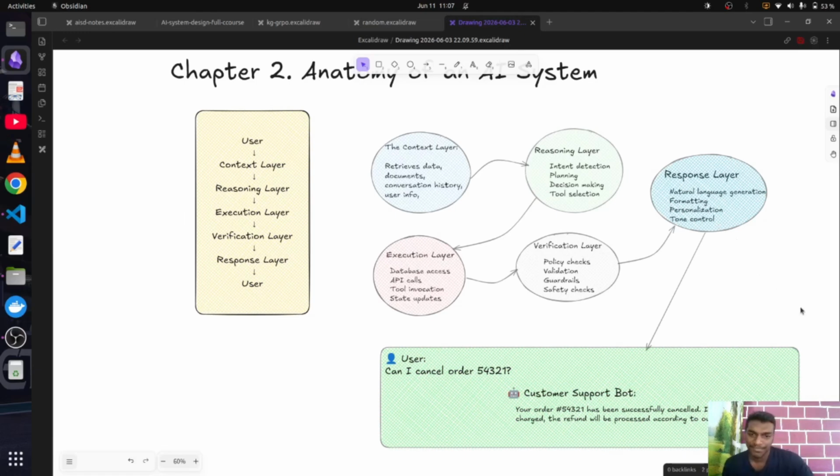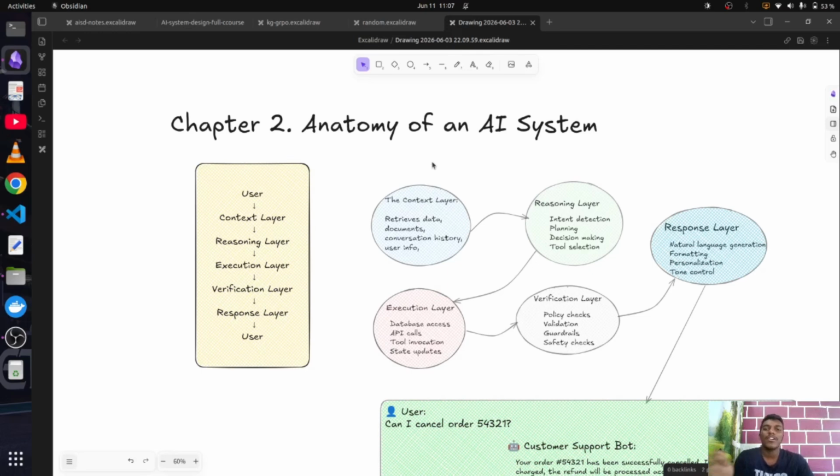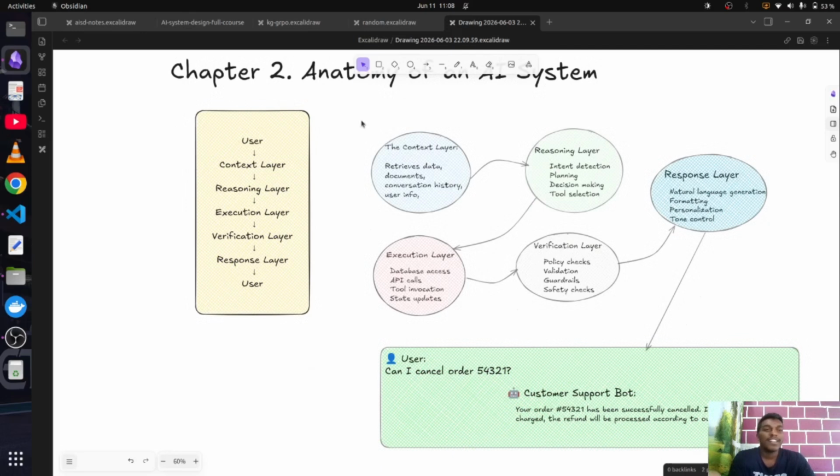These are basically the 5 layers which comprise a complete AI system. As I told you, it doesn't necessarily need to have all 5 layers. For example, sometimes you can eliminate the reasoning layer, sometimes you don't have a verification layer, sometimes you don't need a context layer. For example, if I just ask 2 plus 2, I don't need to retrieve the user's whole data for that. There are multiple ways, but it's up to our common sense which layer to include and which not. But yeah, these are the 5 layers which make an AI system decisive.